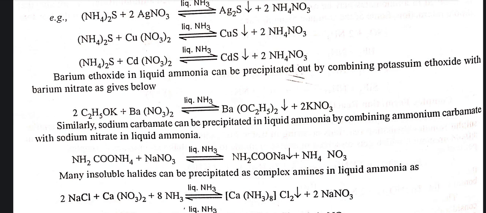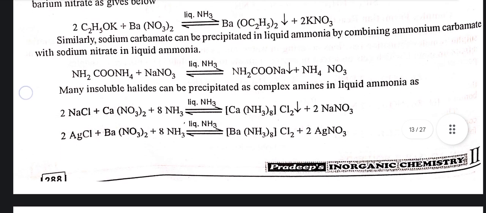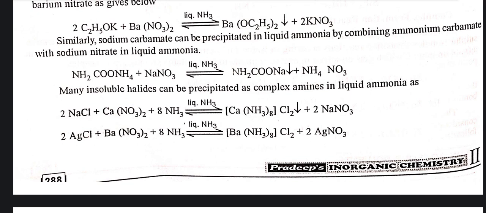Barium ethoxide in liquid ammonia can be precipitated out by combining potassium ethoxide with barium nitrate as given below. Similarly, sodium carbamate can be precipitated in liquid ammonia by combining ammonium carbamate with sodium nitrate. Many insoluble halides can be precipitated as complex amines in liquid ammonia as